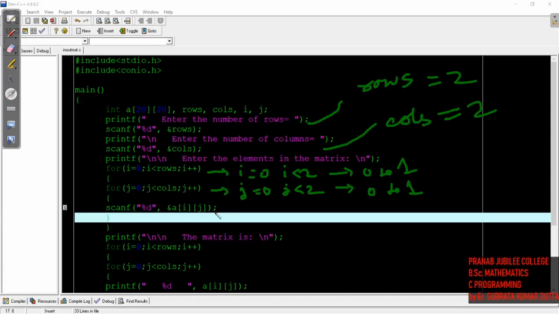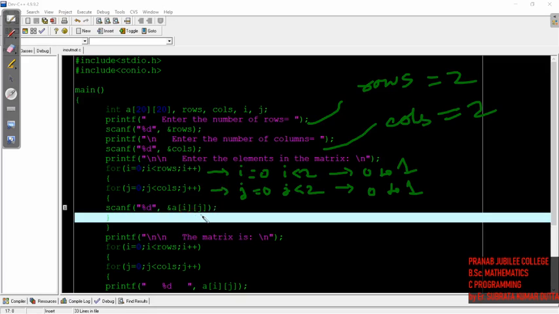No, so this loop will end and it goes back to i. i++ makes i equal to 1, j becomes 0 again, and the next element will be entered in a[1][0]. Then j increments again, and the next value enters in a[1][1]. After that j increments to 2, 2 is less than 2, no, so i increments and becomes 2; 2 is less than 2, no, so it ends.